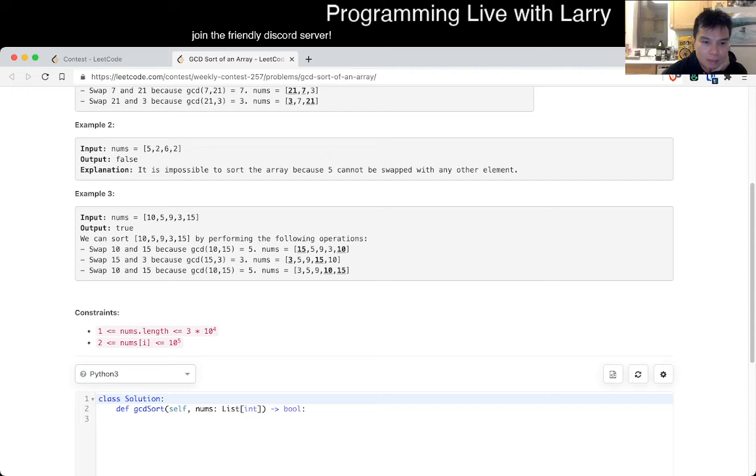That means that we can swap them. This is 10 to the 5th, so common divisors are not that big, but that means that for every number, we can group. Okay, so we just factorize every number and then we group all of them, and if we are able to group all of them,